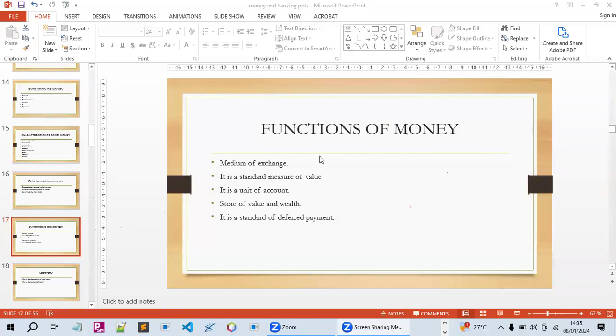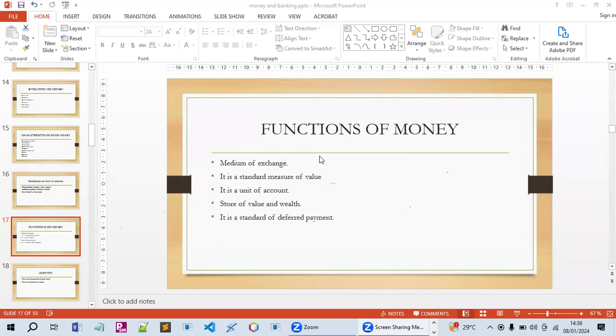And then money is a unit of account. Money permits pricing of goods and services. It enables accounting and auditing of businesses and business transactions. In bookkeeping, for example, accounting would be difficult if we didn't have money, because all information is classified in money form. That makes it easy to count books.